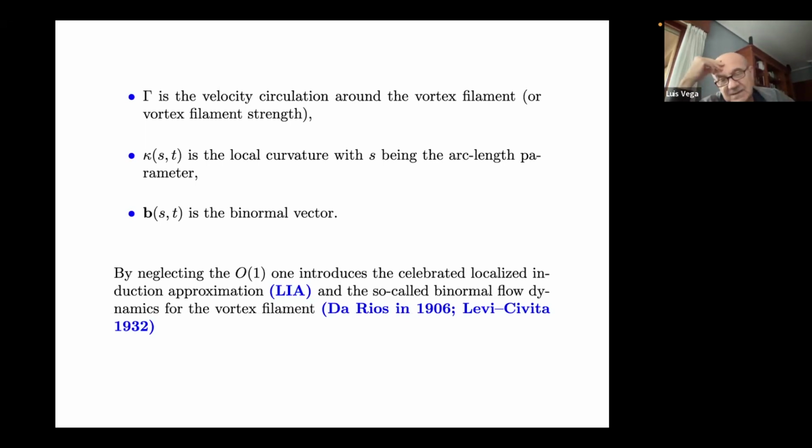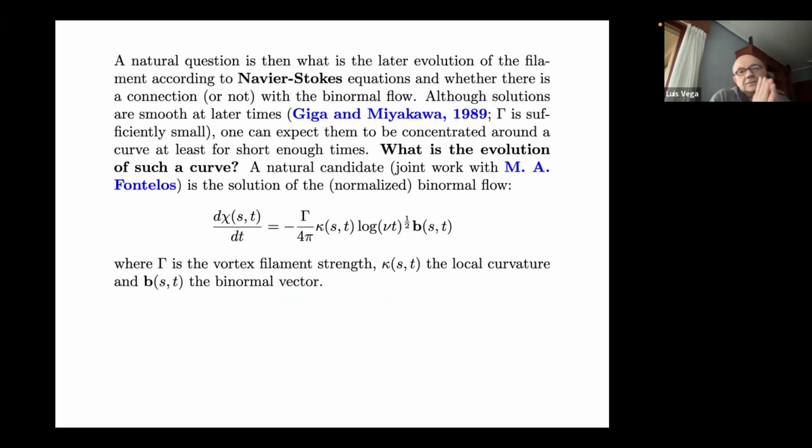And I do recommend his paper about how this model has appeared and disappeared along the history of fluid mechanics, because the very first time that it is documented is in 1906 by Da Rios, who at the time was a student of Levi-Civita, who was very much interested in this problem. In fact, even in 1932 he published some results, and my belief is that, for example, the third video we have seen before is very much related to the examples that Levi-Civita found so long ago.